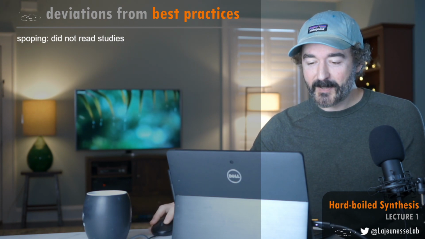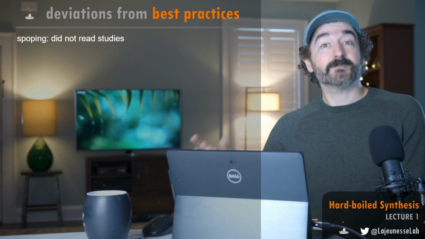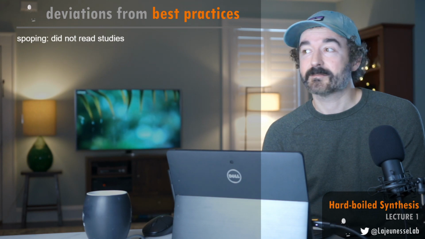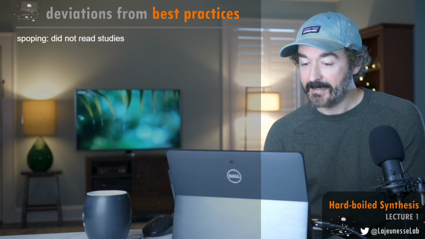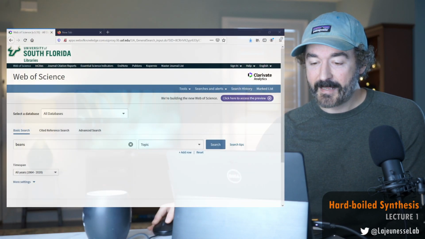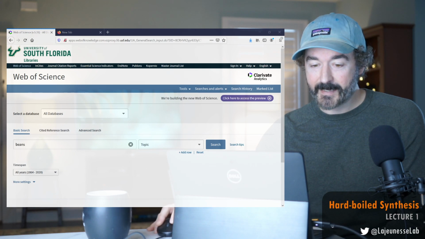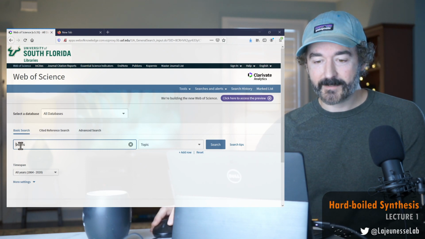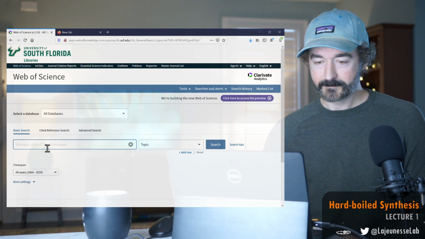Okay, so let's plug some of these keywords into Web of Science, which is a collection of sources to find bibliographic information. Let's try to find some studies. I already did a search for beans here to test whether Web of Science was working.